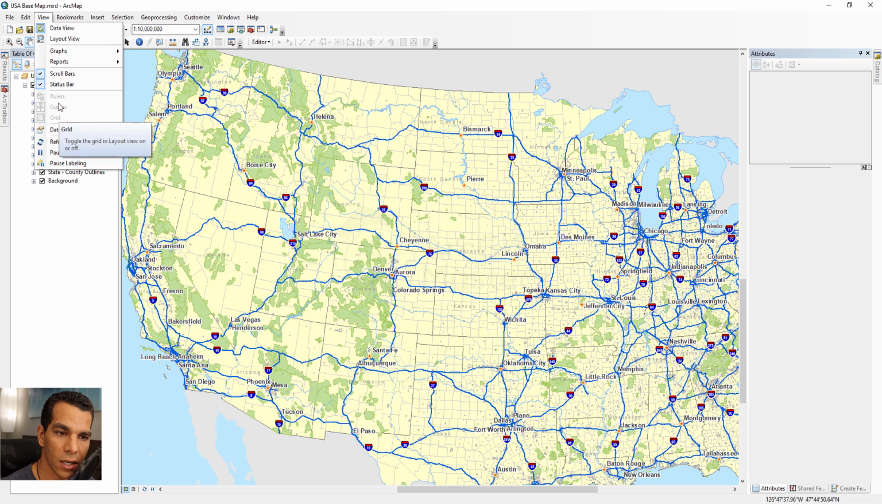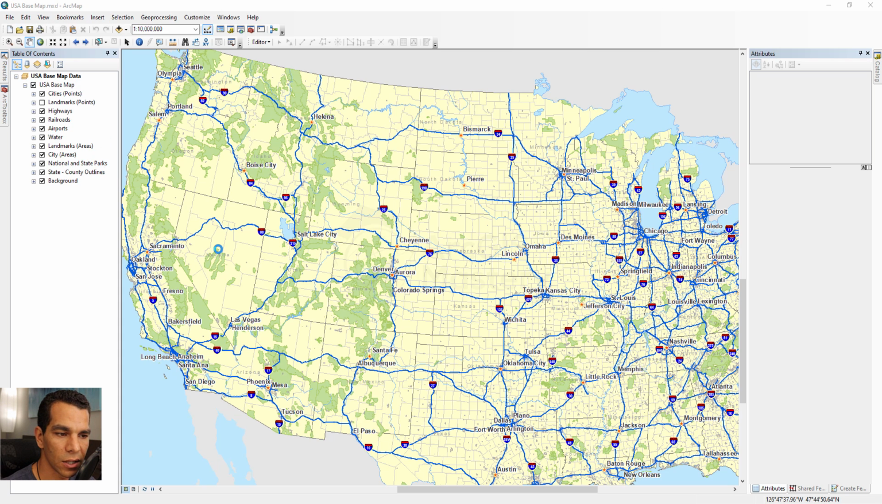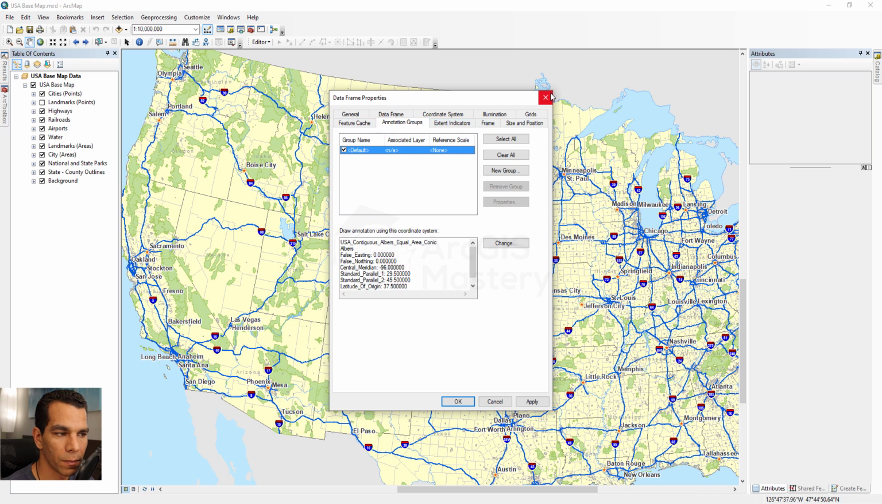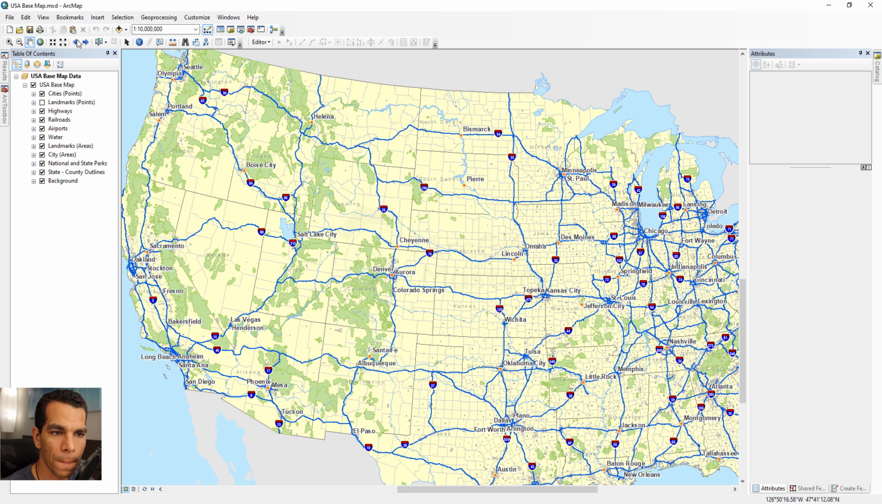Also, this option here is to show or hide rulers, guides, and grids when you are in the layout view. So if you are in the layout view, you will see this option enabled. The data frame properties are similar to MXD properties, but here you can change how the data frame looks. There are so many options here, and we are going to go through each one of them, but not in this